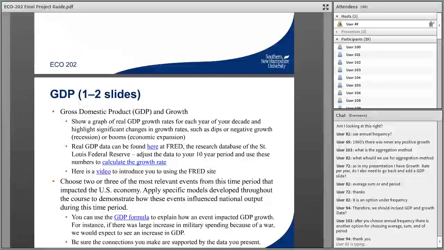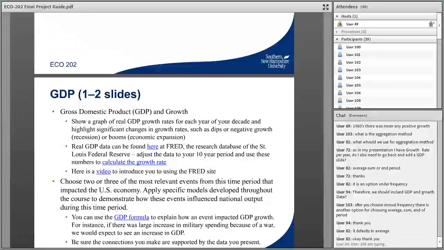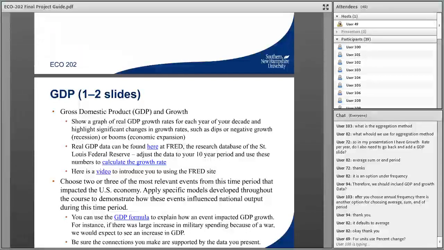Yeah, if you don't have to choose the option, just choose the annual frequency, and what you can do is just choose the time period that you have. You don't need additional information or additional data. You really just need the graph that shows the growth or the real GDP trends. In Milestone 2, I will have Fred resolved,